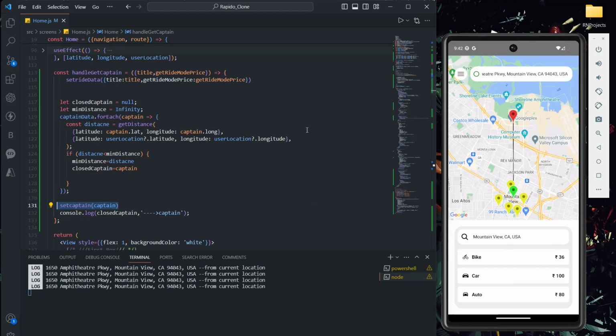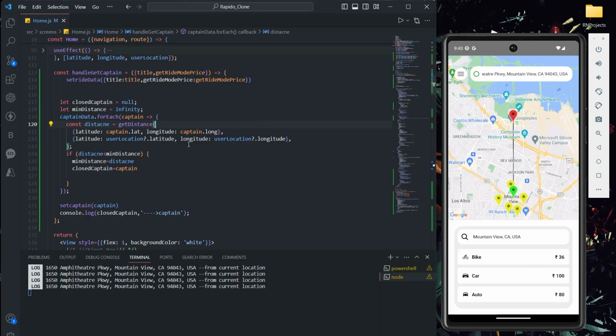Perfect. So now my requirement is, on click of any option here, like the three options, I want to remove this thing and show a title with some basic details, like your ride was assigned to this person with name, that particular riding mode, bike, car or auto, and that particular price.